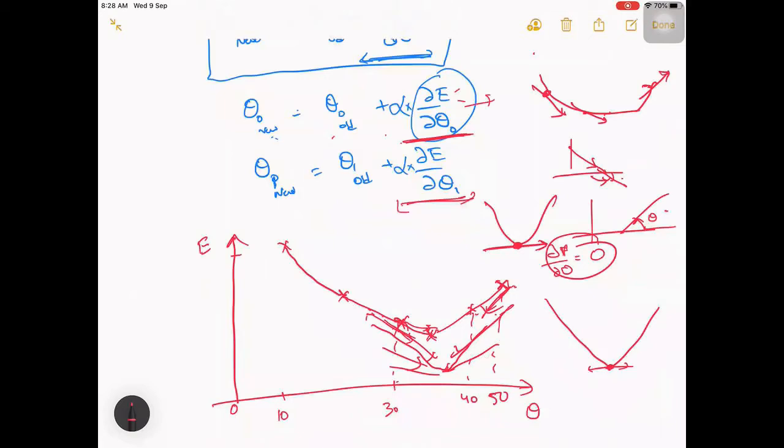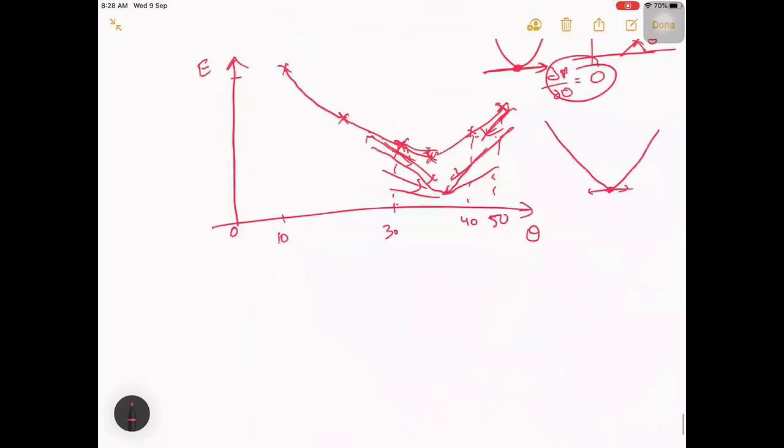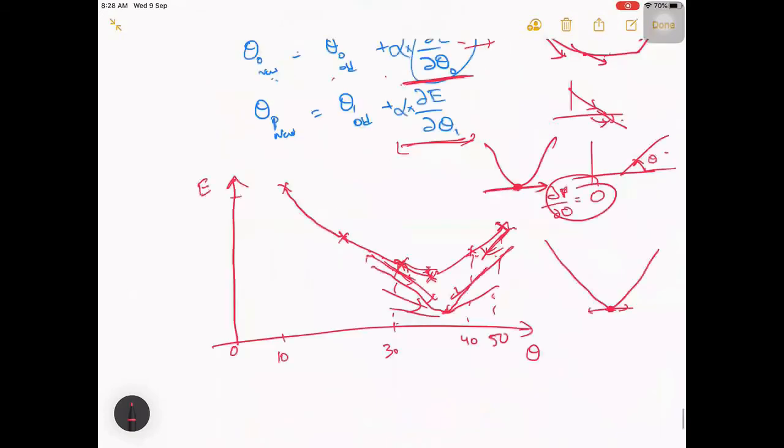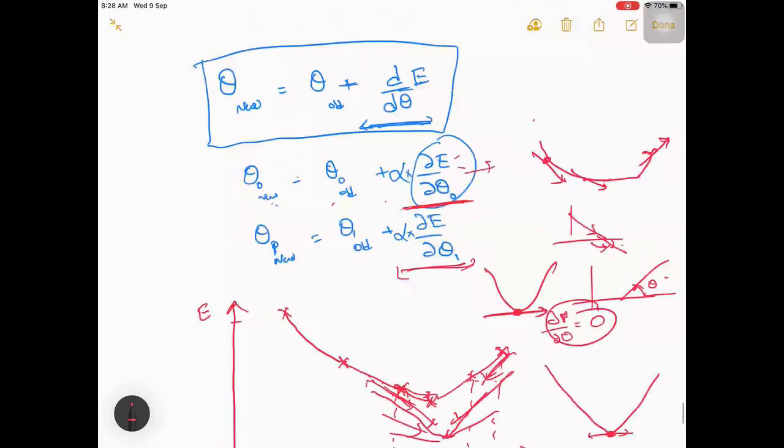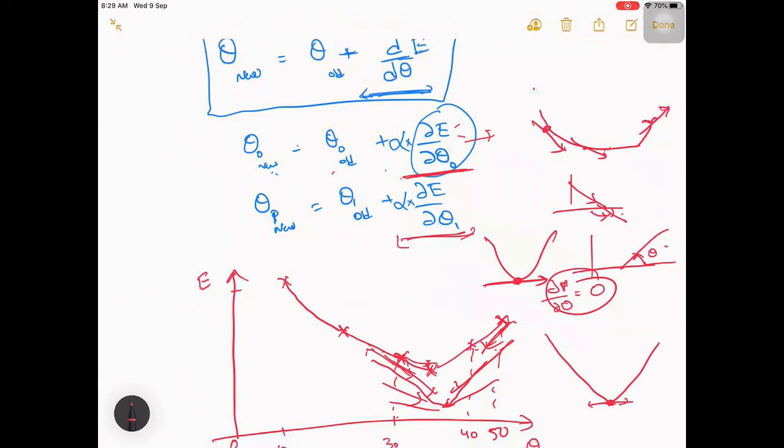Similarly, it will try to get to that point where the derivative of it will be zero. Once the derivative is zero, your theta values won't change from then, right? Once your theta values are not changing, it means it has achieved the optimal position and we can stop.